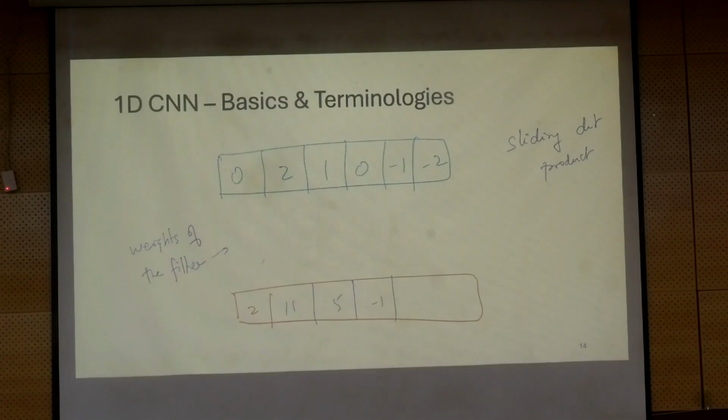So let us say we are already here. So this is 5 and 1. So minus 1 into 5, minus 5, plus minus 2 into 1, minus 2. So this becomes minus 7. What next? Unfortunately, the feature vector's length is already ending. So we can no longer have the filter dangling like this. You cannot have a filter dangling. So what we will end up getting is a feature map whose length is less than the feature vector's length.